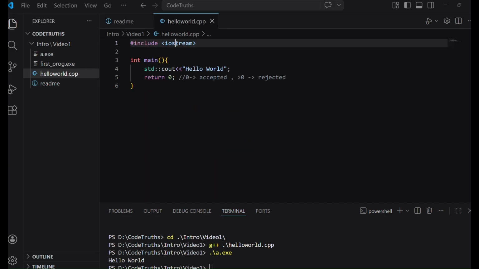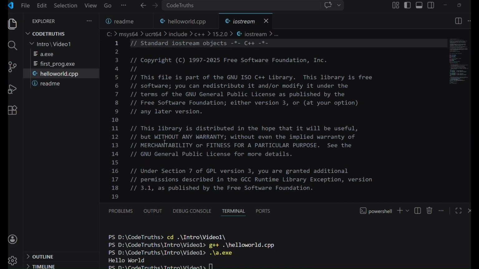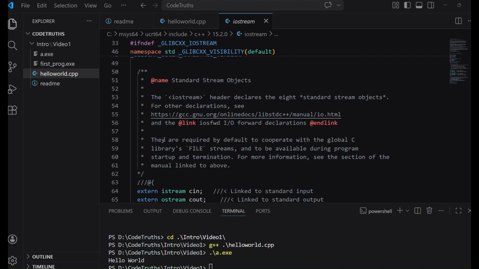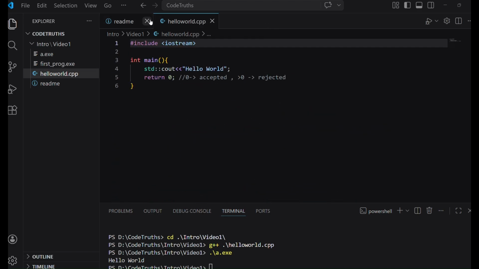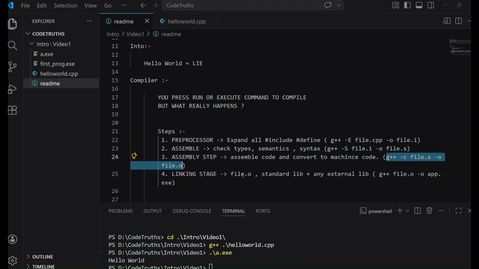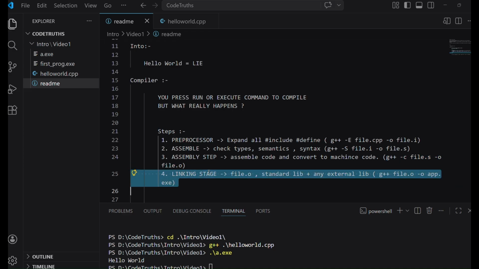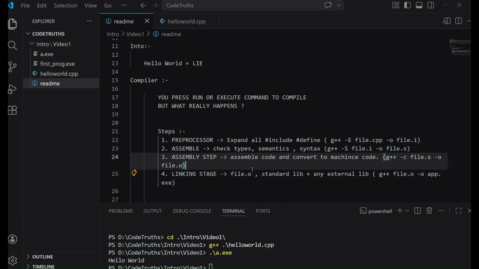Even if you go inside this, there is no code, just simple definitions only. So where is the code? The code resides in the libraries. How will compilation link this code in the fourth stage? Actually it is doing it in the fourth stage.